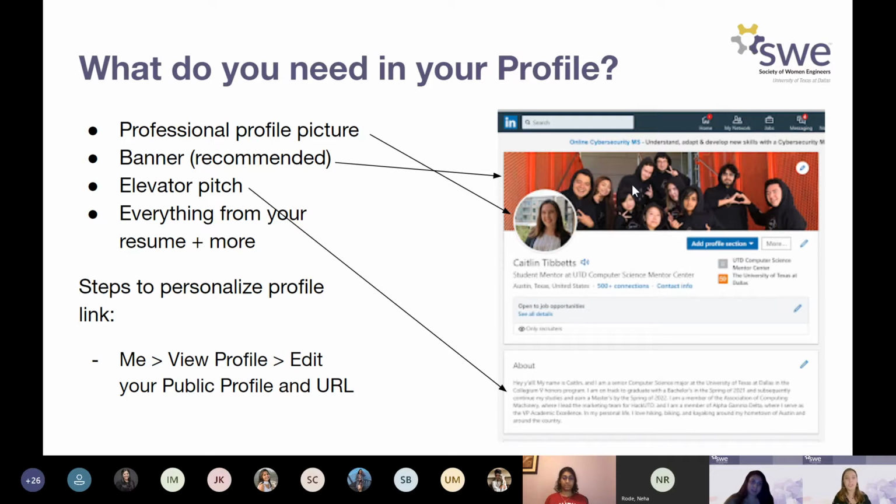So as you can see here, my banner is a little bit different from Maida's. I think this picture is funny, and it's a picture from when I was a project manager in ACM projects, and that is both a time of my life that I cherish. I really love doing that, but it's also some professional experience. So this is a funny picture.